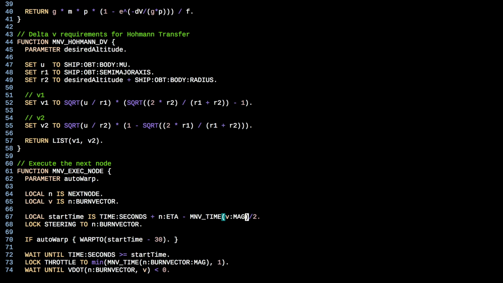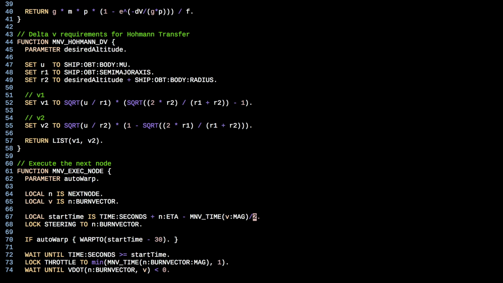So remember, the vector is a direction plus a magnitude. So we know that it's going to be, say, 800 delta V, for example. We're going to say, okay, let's figure out how much time it takes us to burn for 800 meters per second. Now, we do get this sort of in the estimate on the screen, but we've actually computed it better because we can determine that even when the engine is shut off. We've got a function that we've already written that will give us the time that it takes to complete a maneuver. We're just going to divide that by 2 so that we burn time-wise split across the ETA to the